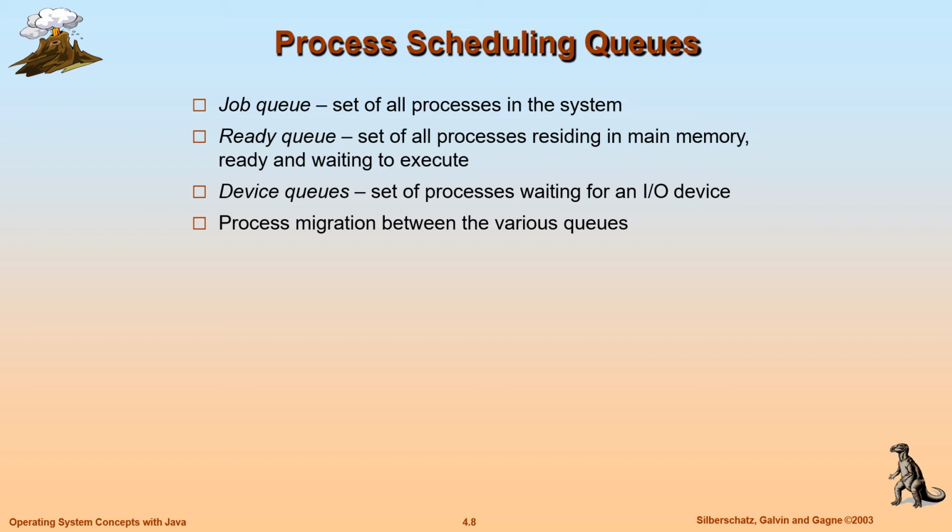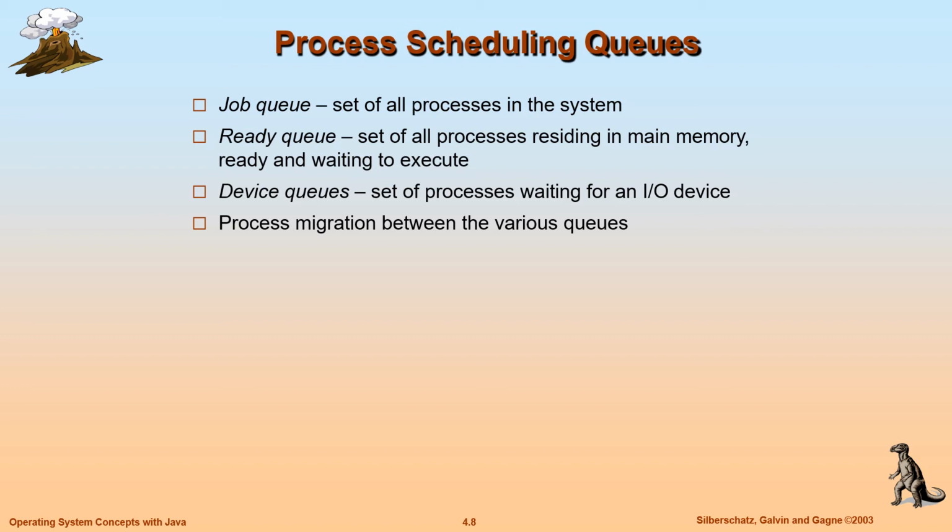We'll see what device queues are. For example, whenever a process needs an IO device, that IO device may be used by several processes in the system. So whenever a process wants that IO device but the device is busy, engaged with some other process, this process should wait for the IO device in a device queue.